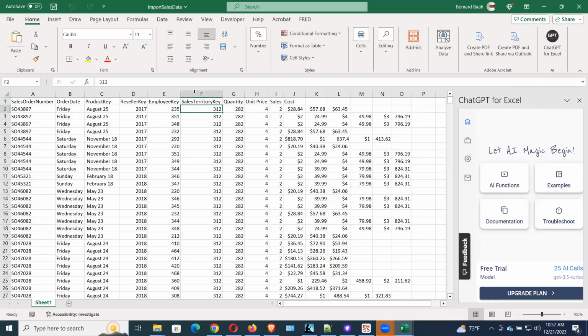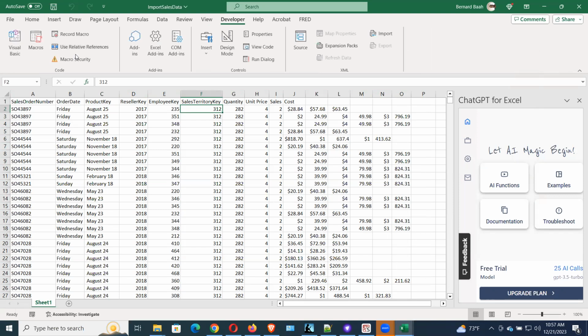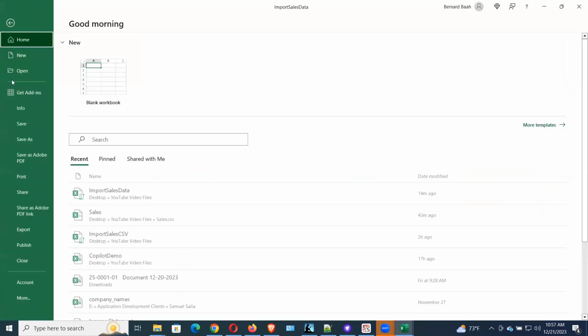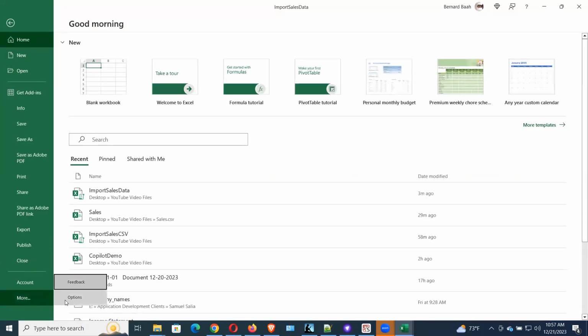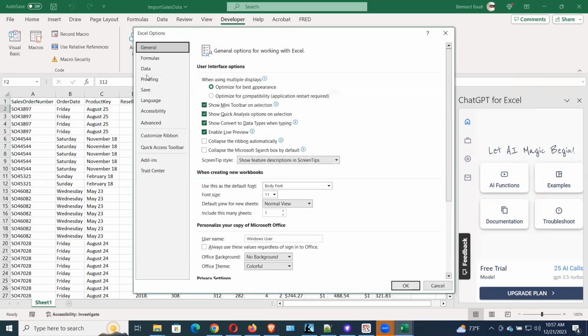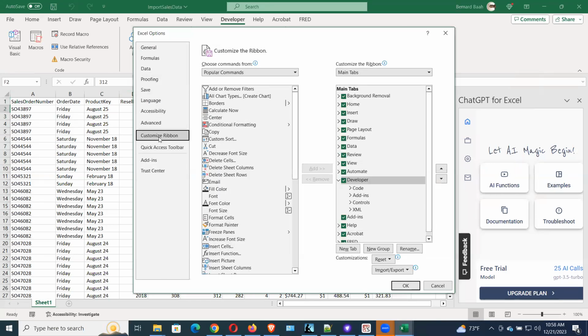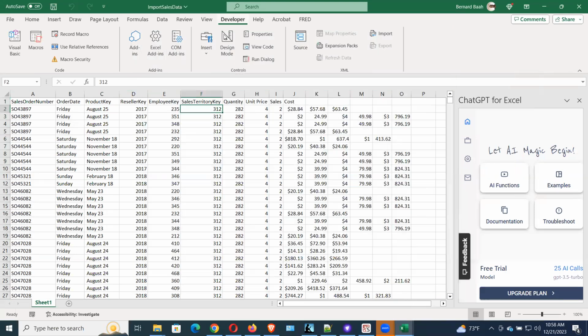And so, yeah, if you don't have the developer tab enabled, you might have to use Alt F11 or go to File, More, Options, and then under Options, go to Customize Ribbon and check this box so that it's enabled. I did that before starting the video, but I used to have it on my old computer. I had to put it back on this one. So that's a quick overview of how to use ChatGPT to generate code to